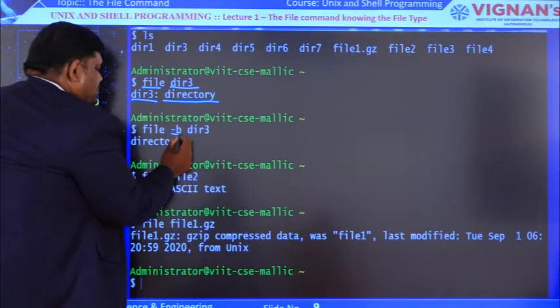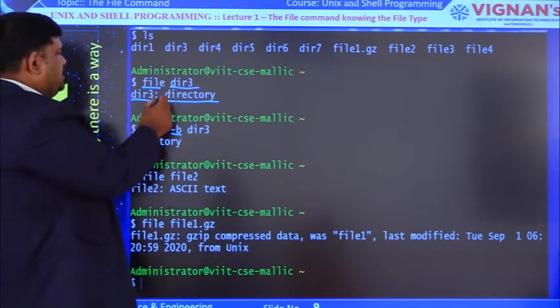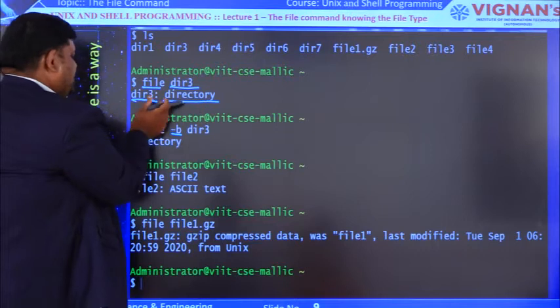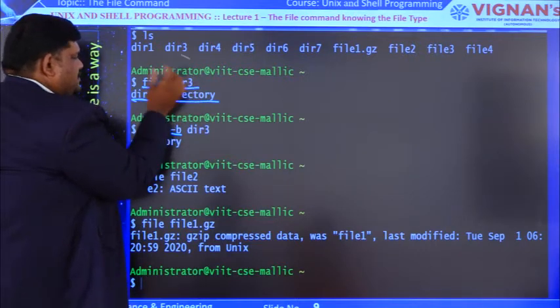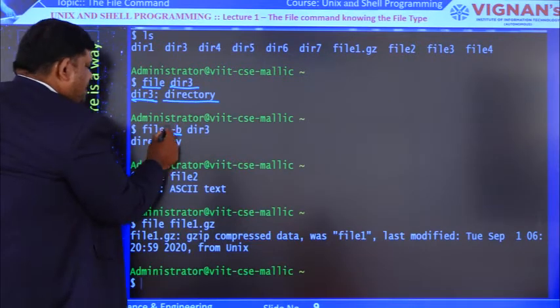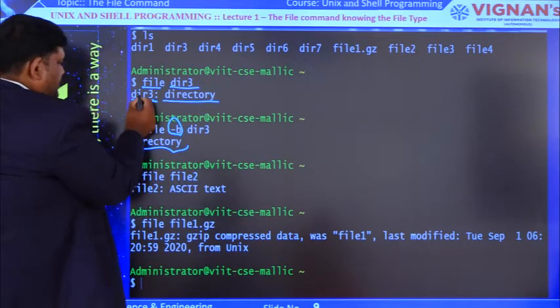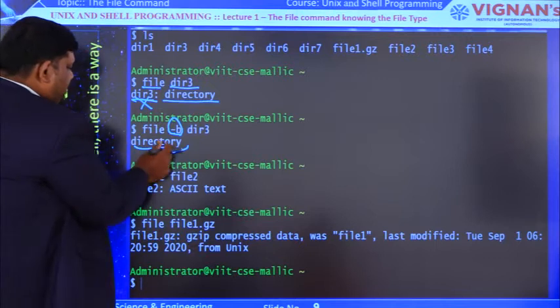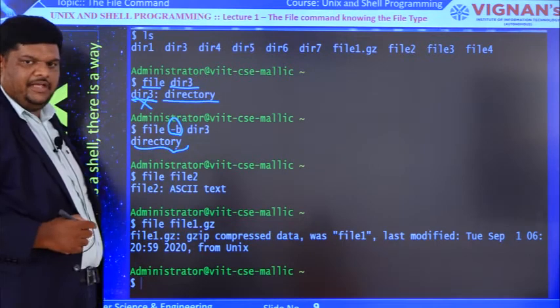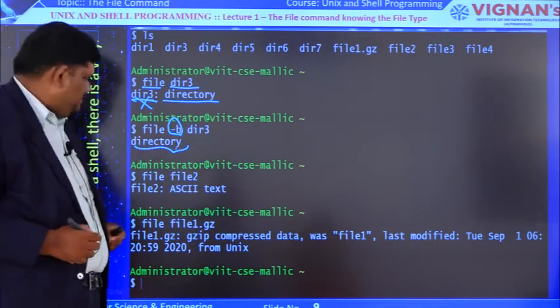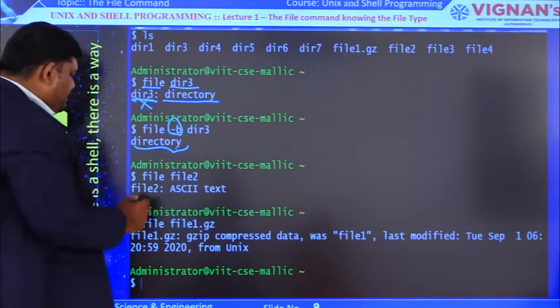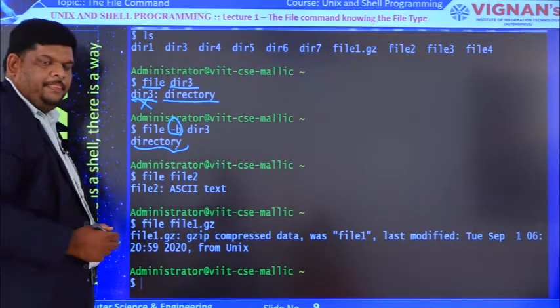Without option b it gives the full output, including the file name and the file type. If we use option b, then the output is only the file type, without any file name. So that is the use of option b. Here is another one, file space file2.